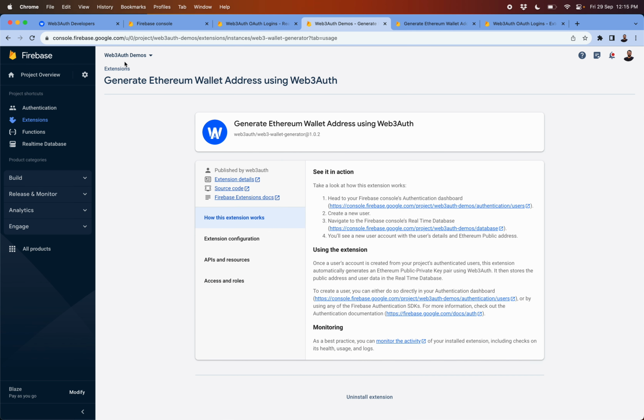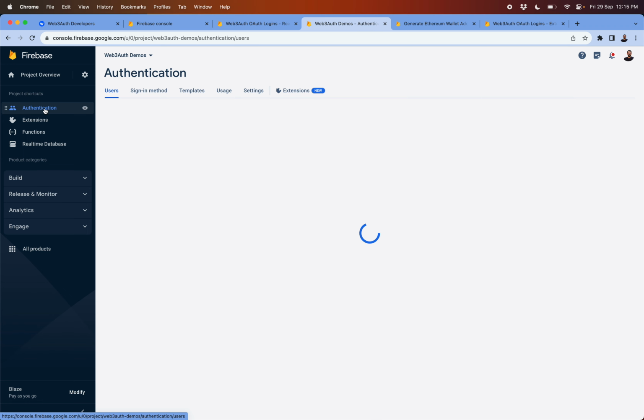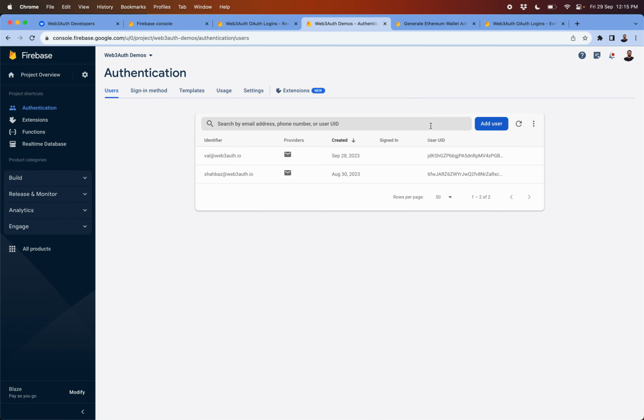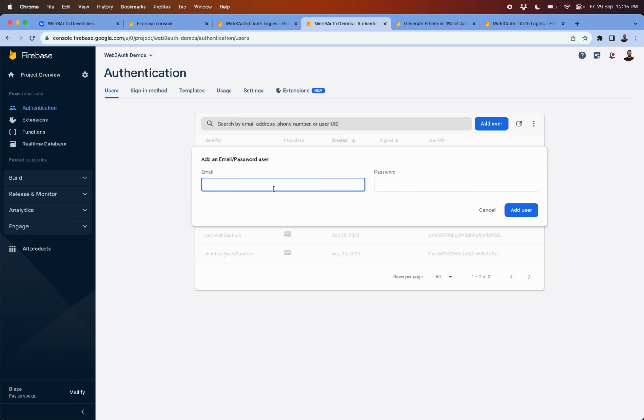And I'll show you how this extension works. Since this is using the Web3Auth demo, I'll go to the authentication. Normally this happens on every authentication. In this case, we are just doing a test user. So let's do test@test.com. We will use hello123123 as the password. This is a very bad password, but yeah,